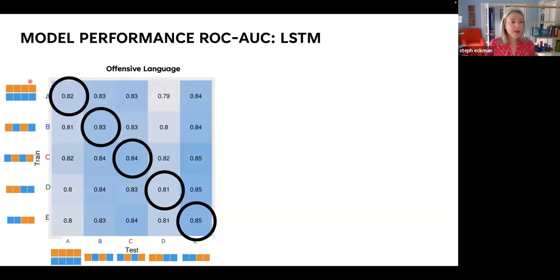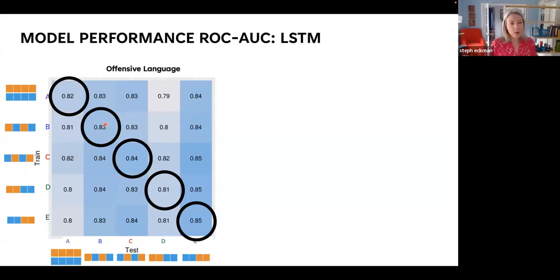Okay, now I'm going to show you the rest of the 5x5 table. Where is it? There we go. So this just shows you the rest of the data here. So a model trained on labels collected in version A, tested against labels collected in version A, version B, version C, version D, and version E, and so on, right? So this row is the performance of the model trained on labels collected in condition B, the performance of the model trained on labels collected in version C, and so on.